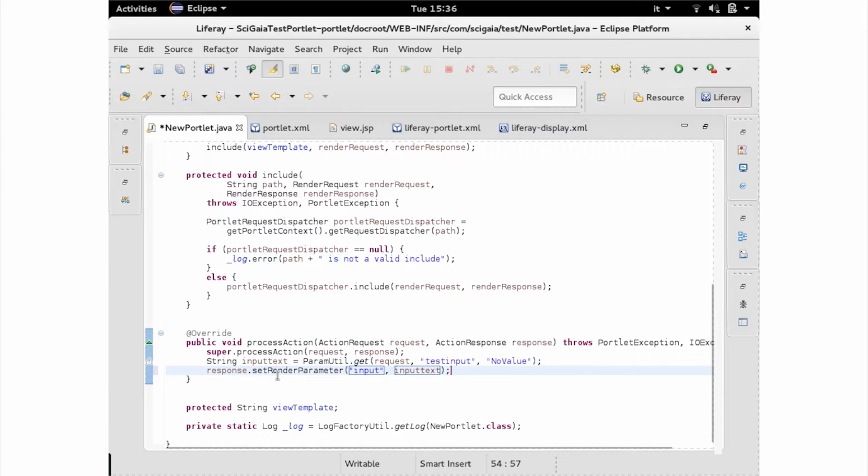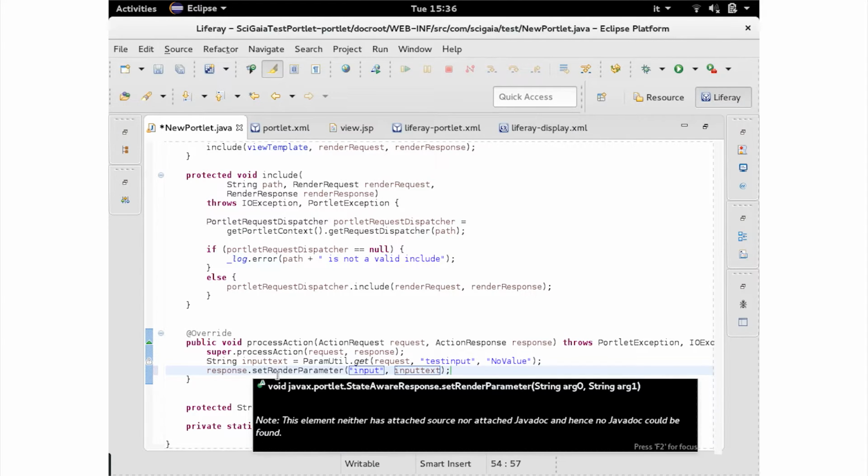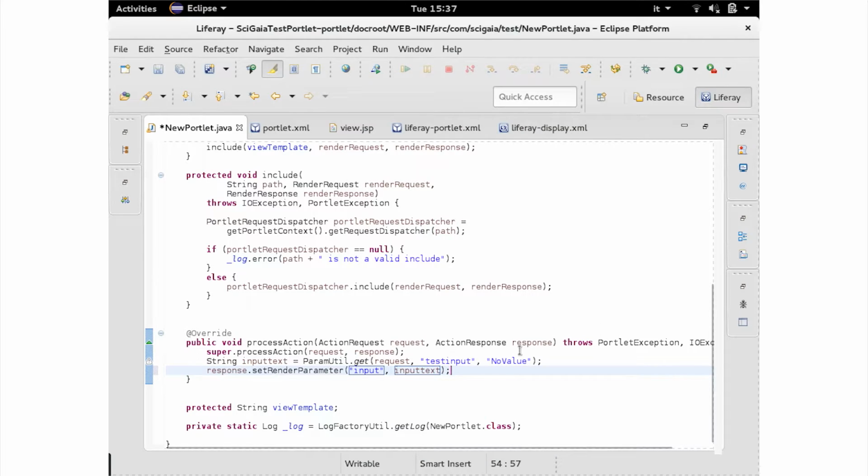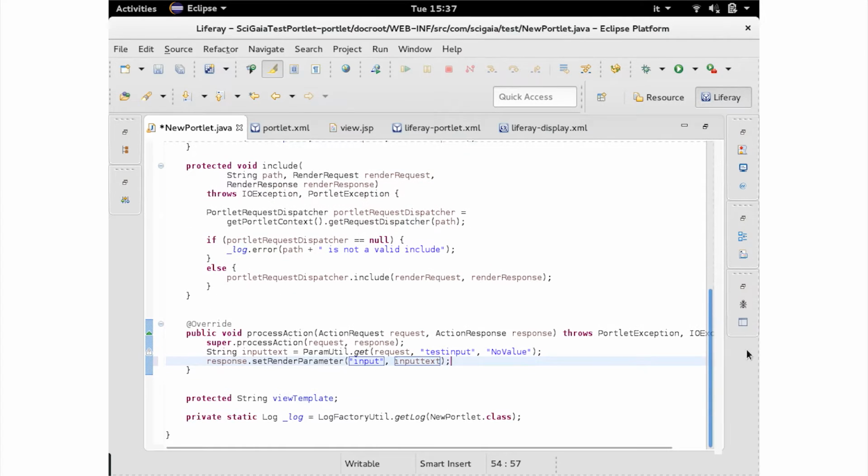So during the render request, both in the doView method here or in the view.jsp, I can access the parameter retrieved from the render parameters. These are retrieved either from the parameter set by the process action or from a parameter sent directly to the render phase. Okay, so